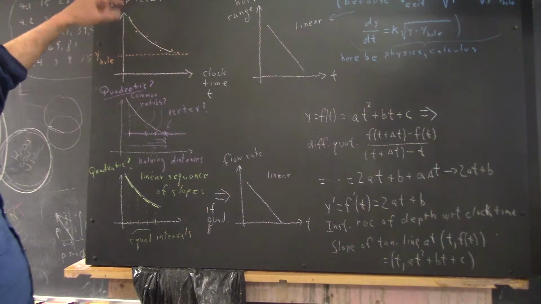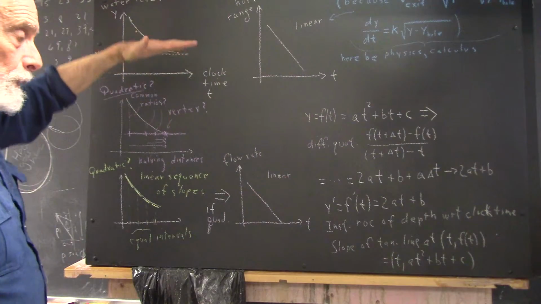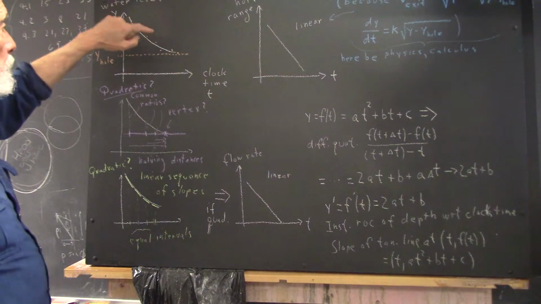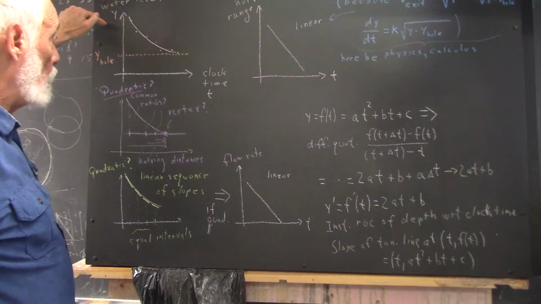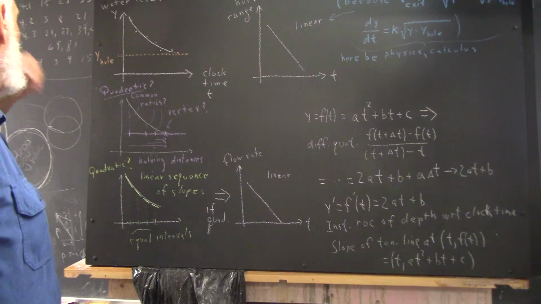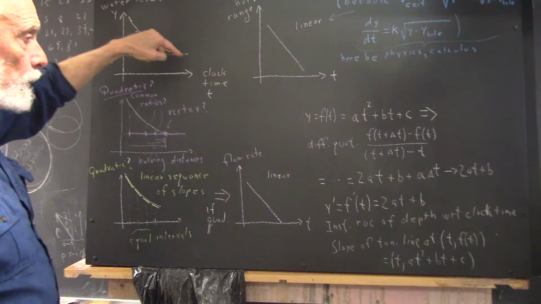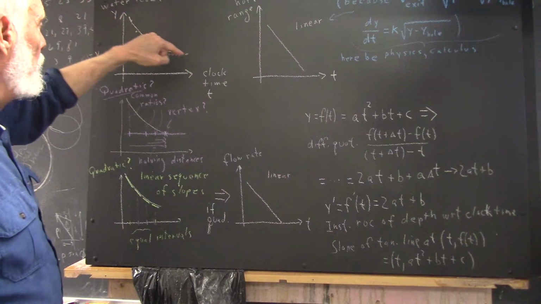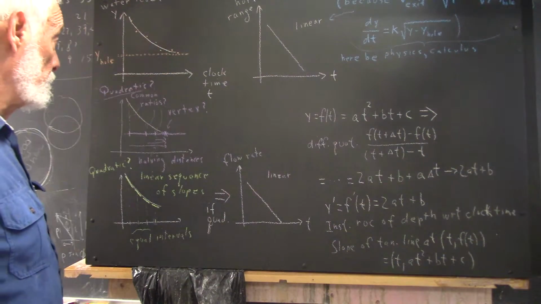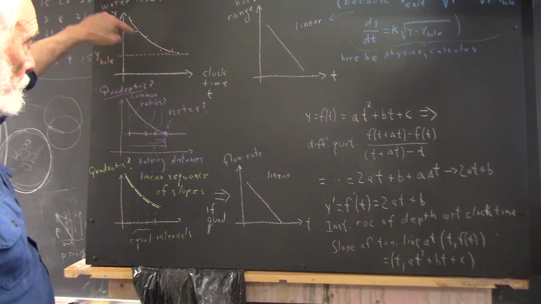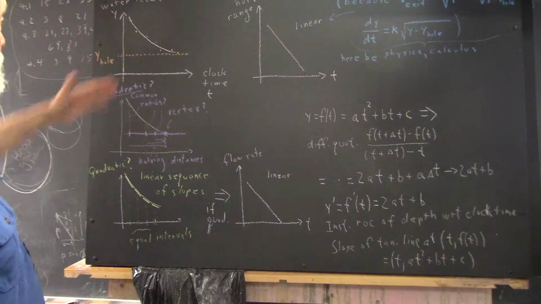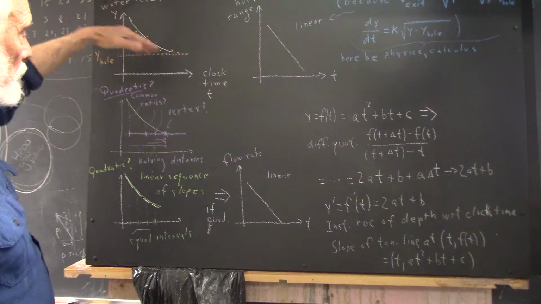Having observed water level versus clock time as water flows out of the cylinder, we get data points on a graph of water level y versus clock time t. These data points will be clustered around some sort of a curve. The curve gives you the actual behavior of this system, the actual behavior of the water level as a function of time. We don't know exactly where that curve should be. We have uncertainties in our measurements, but it's probably going to go somewhere kind of along the middle of the